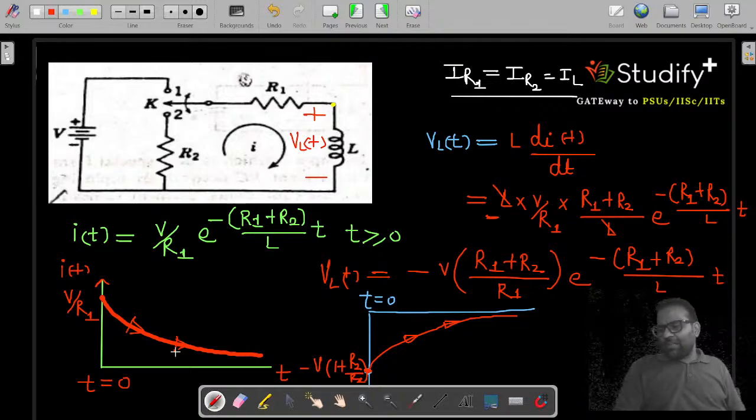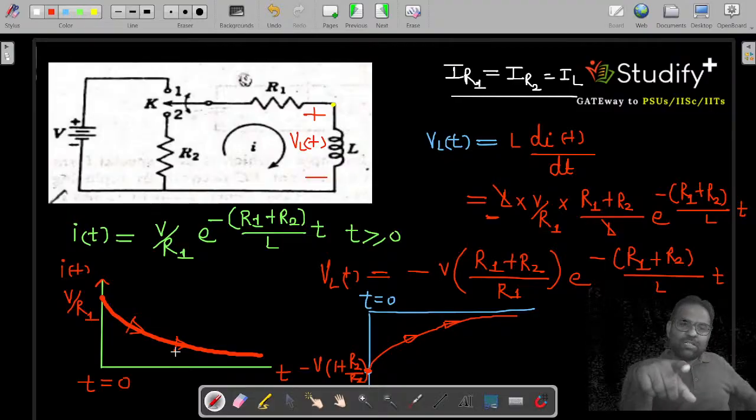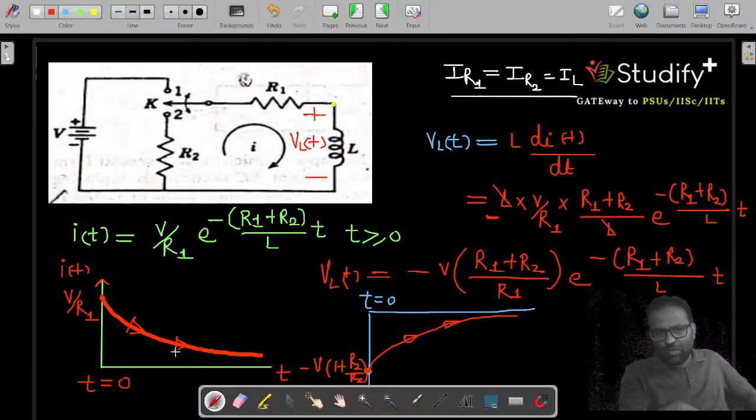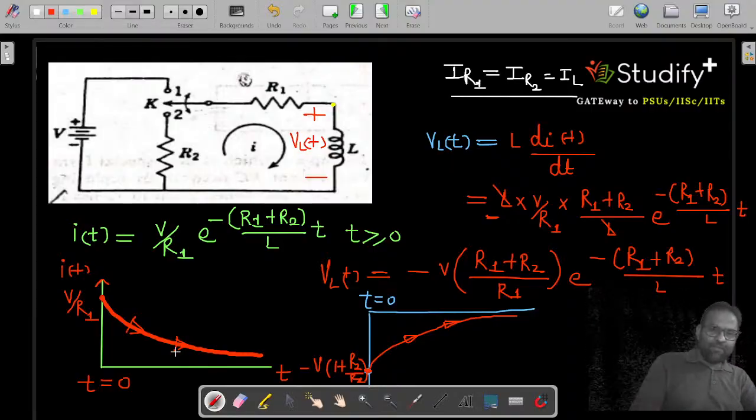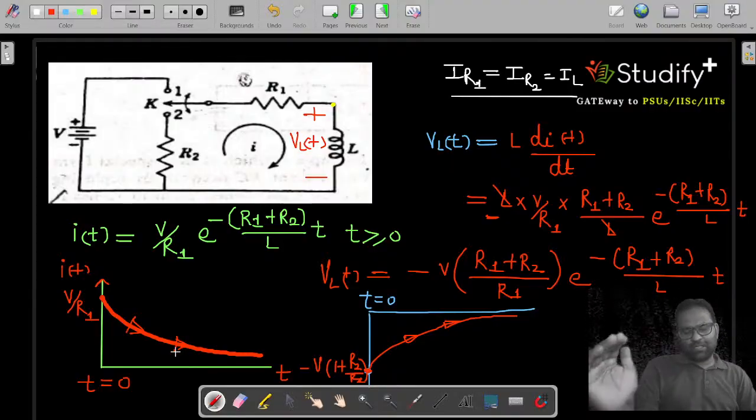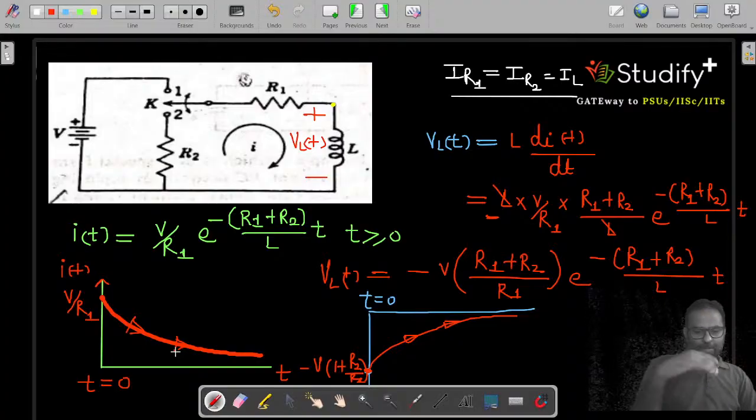You can analyze any point, means you can analyze the waveform across resistance R2 also. Across every component we can draw the waveform. This is the basic raw approach to analyze any circuit, because the shortcuts available have a lot of restrictions. We will talk about that also, but this is the original analysis. And from this analysis we want